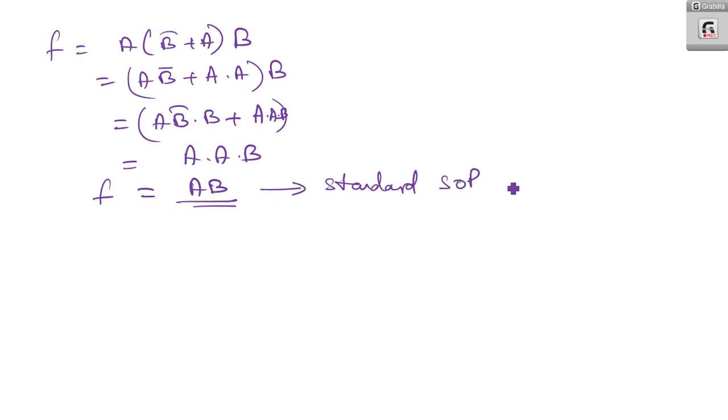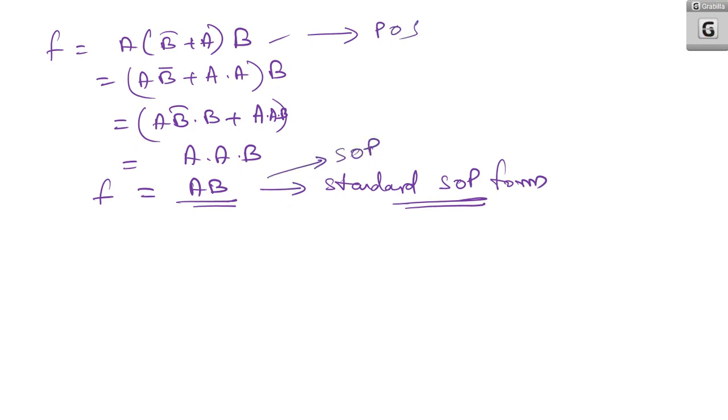SOP form. Okay. So if you are having the standard SOP form, since the question is given in POS form, we can form the standard POS form. So here we have derived the standard SOP form. Now how do you derive the standard POS form from the standard SOP form? You do it with K-map or go with this expression. This is the POS form of expression, and this is the SOP form of expression.